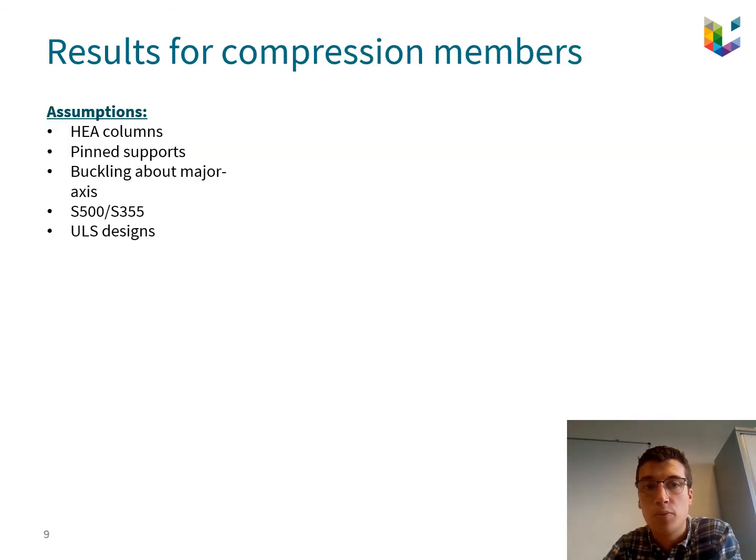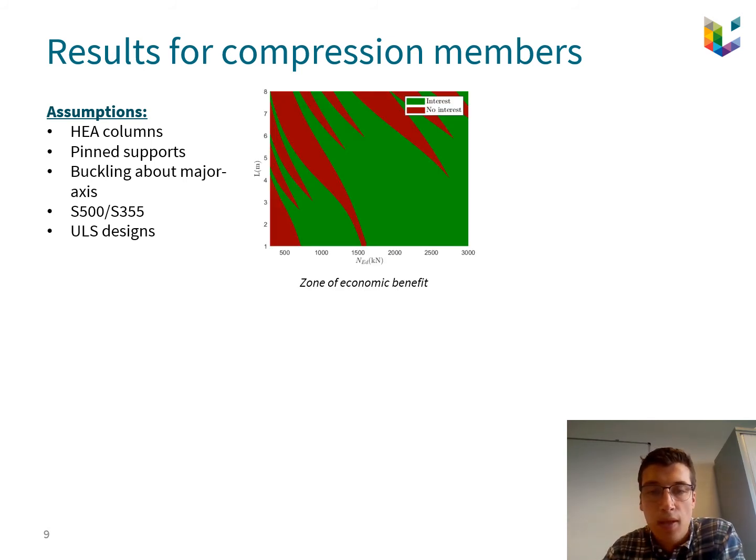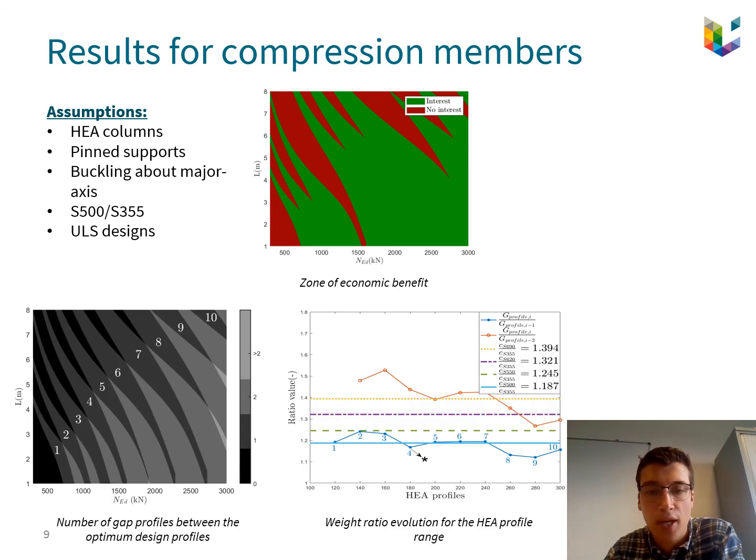Now let's explain the results for compression members in the same way as for tension members. The main assumptions are: we consider only HEA columns with pinned support conditions. We consider buckling about the major axis only, and the same steel grades as for tension members. The results are reported here, and they can be explained thanks to the number of gap profiles and the weight